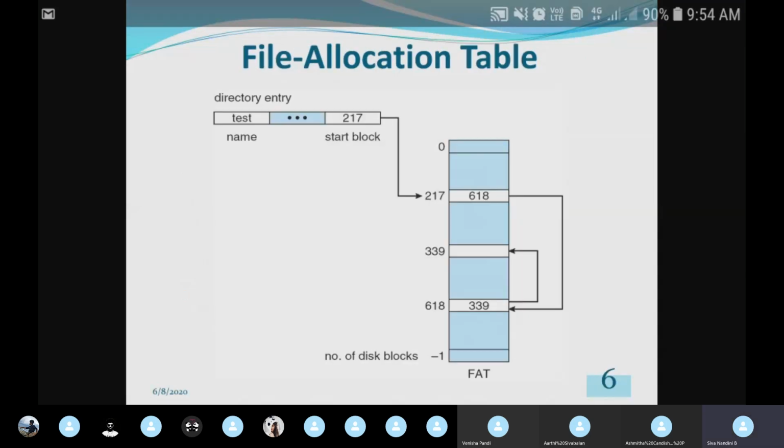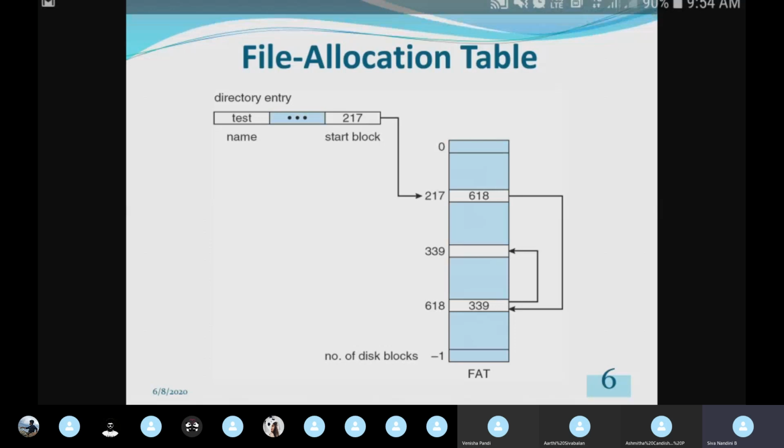In this linked allocation method, we have a file allocation table. In the file allocation table, here we have the directory. I have a file name, test. This file has a starting block. What is the starting block of this file? 217. This starting block goes to the disk storage.